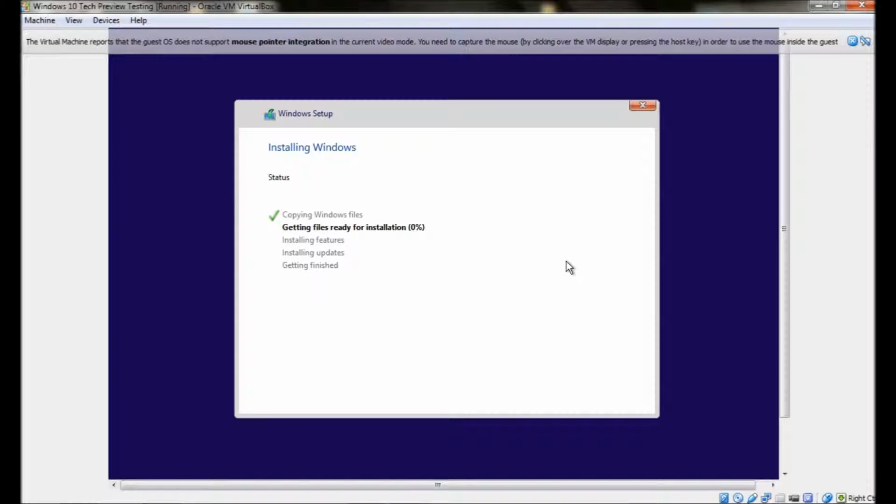It's as simple as that, you know, just allow it to go through the processes of actually installing Windows. If you've never done that before, there's plenty of stuff out there that can help you, but pretty much that is about as difficult as installing Windows is. You just have to let this run. It might take a wee while, obviously because you're running a virtual machine, you won't probably get 100% performance, but hey,